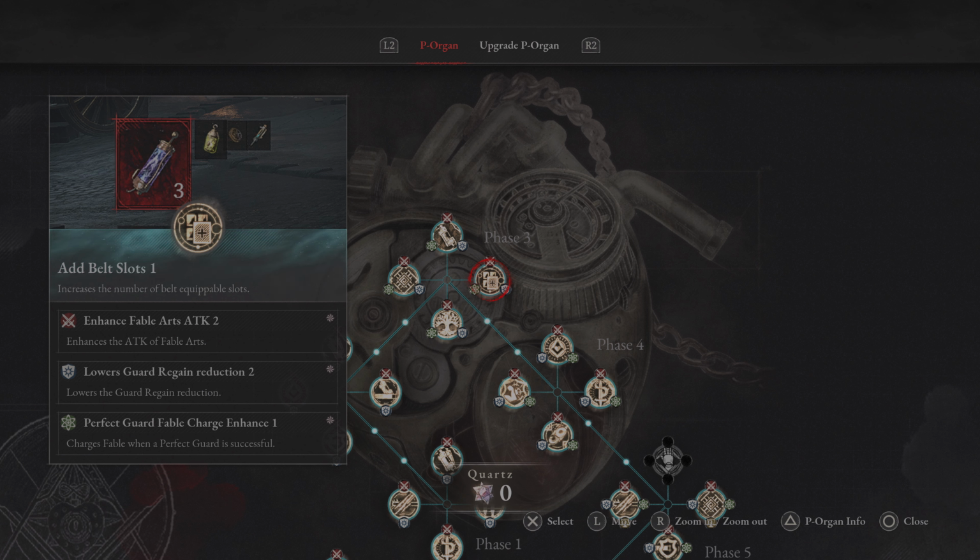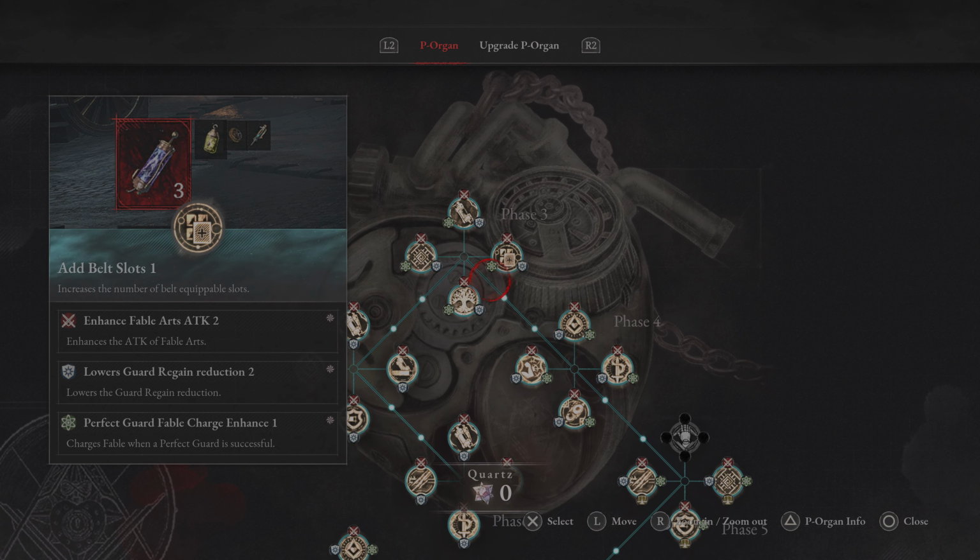You can also use them for throwable objects. I don't use throwable objects that much. I don't even use the Legion Arm that much, to be honest, although I should. But I went with Enable Fable Arts Attack 2 and Lower Guard Regain Reduction 2, Perfect Guard Fable Charge Enhanced,